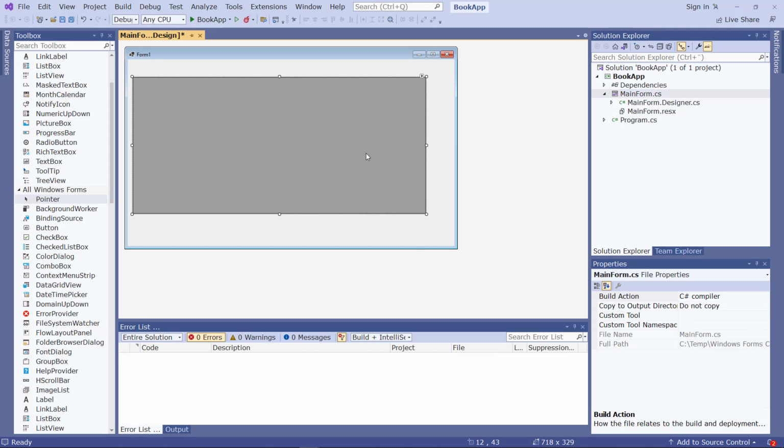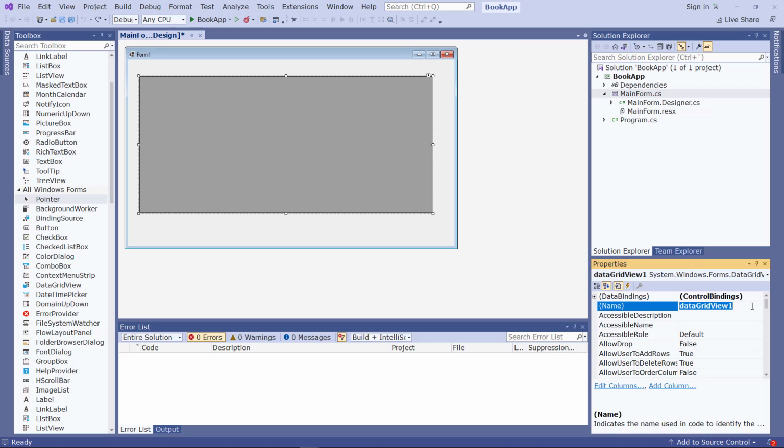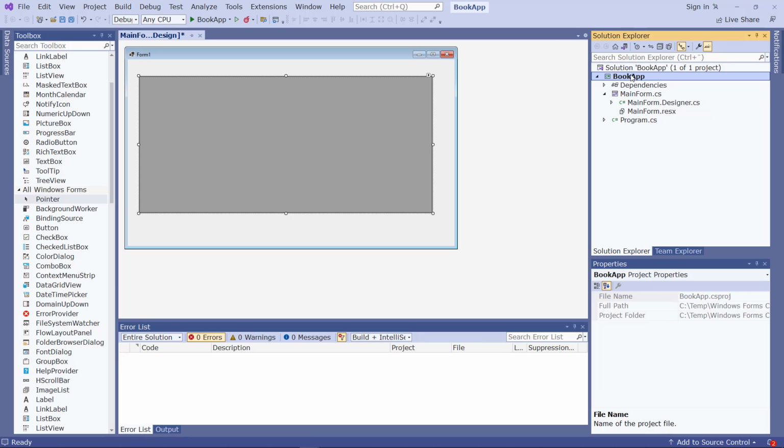Then we create a proper name for this data grid view, and then you go to the properties here. You can just change the name, so I just call it data grid view books or something. And now next we want to create a database class, so then I just right click here on the project,